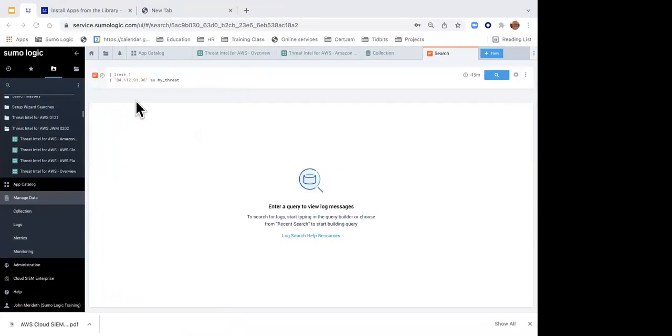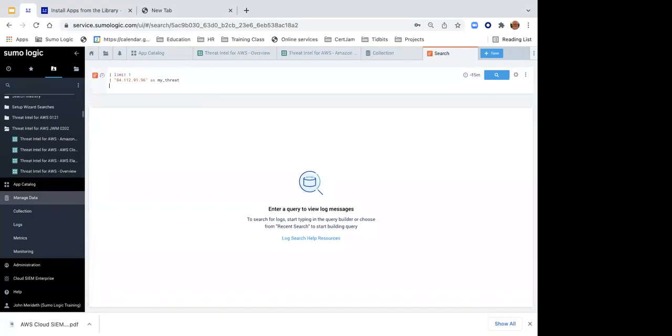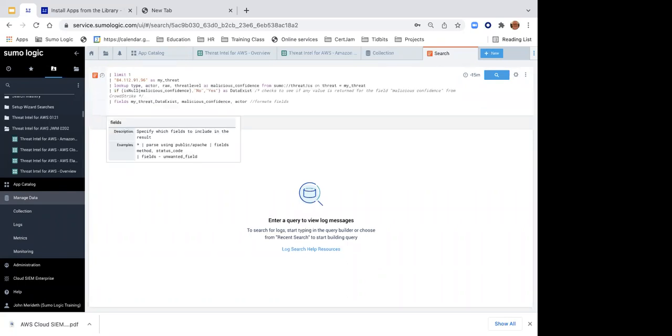Going to go into Sumo here and get to the next line. To create a new line in Sumo, all you do is a Shift Enter, or an Alt Enter if you're on a Windows keyboard. Then you do a paste, Command V or Control V, and it pastes it right in. Okay. And in a minute, I'm going to run this.